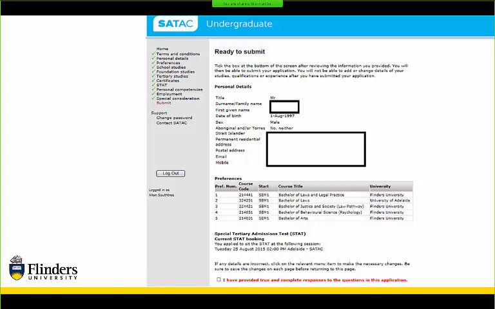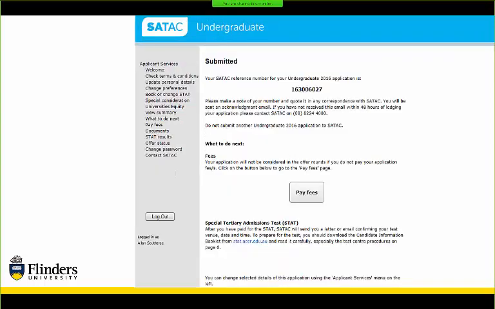Once you've done all of that, you can see on the left hand side you've got ticks all down the left hand side. That means you're ready to submit your application. Once you submit your application, you can still change your preferences, but you do need to hit submit, make sure that all of your details are correct, and then it will take you through to your next page where it says pay fees. I highly recommend you pay your fees sooner rather than later, simply because if you don't pay